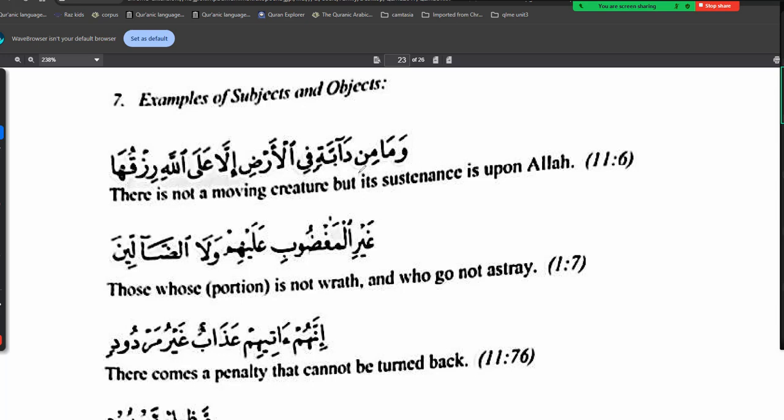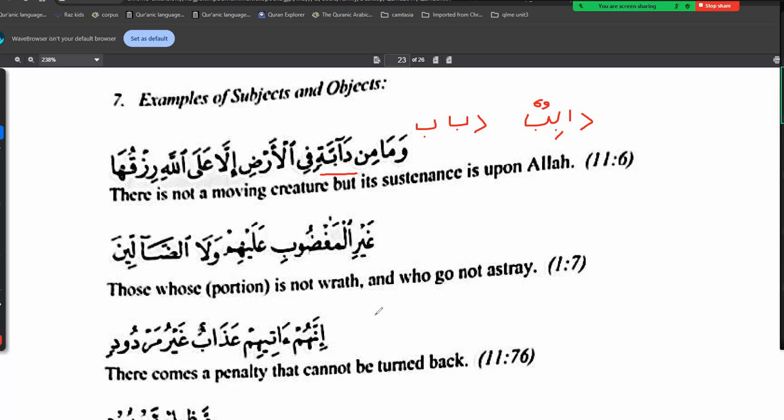وَمَا مِن دَابَّةٍ فِي الْأَرْضِ إِلَّا عَلَى اللَّهِ رِزْقُهَا. There is not a moving creature, but its sustenance is upon Allah. So now, can someone tell me which is the fa'il or subject or the active participle? Dabba. Okay? Dabba. Dal, ba, ba are the root letters. Put in the fa'ilun pattern, it should have been dabibun, right? But since it's an irregular verb and two bas are coming next to each other, it becomes dabba. Okay, and this is a feminine word, it becomes dabbatin.